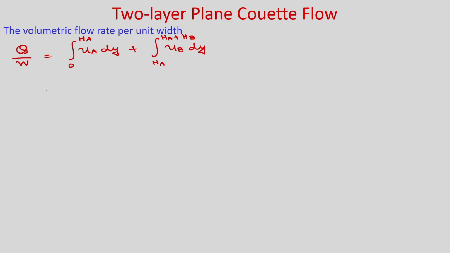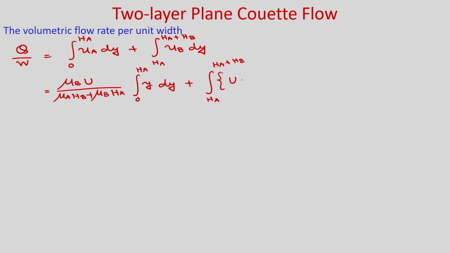So, if you put the expression of Ua and Ub, you will get mu b U divided by mu a Hb plus mu b Ha, times the integral from 0 to Ha of y dy, plus the integral from Ha to Ha plus Hb,